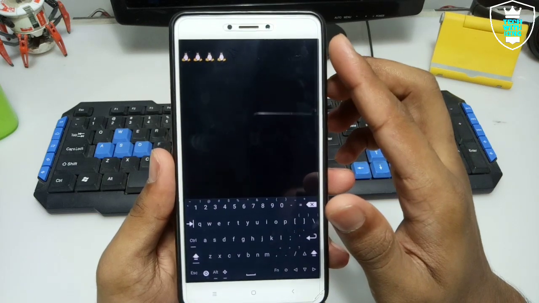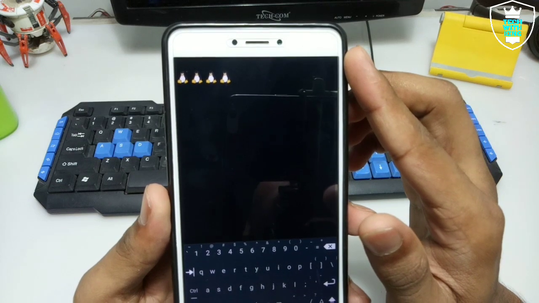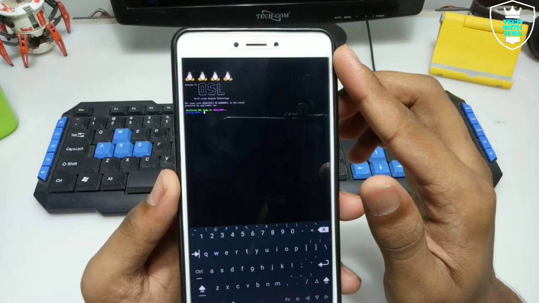So as you can see, the DSL Linux logo was showing there. It is based on Linux, as you can see.